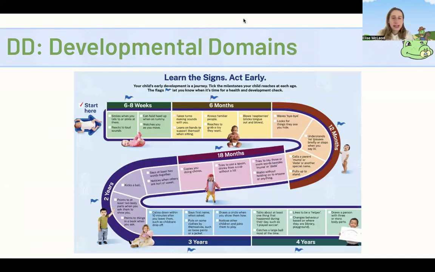What I've got up on the screen is some of the key developmental domains. So I'm not saying that you memorize all of these key skills, but just having a general idea, even just of the course, what skills come after one another. And this is just a checklist that the Sydney Child Health Network recommends that practitioners give out to parents so that they can track their child's progress and come to their health provider if they're concerned about any of the domains. It's just a really nice, easy checklist to have a look at.